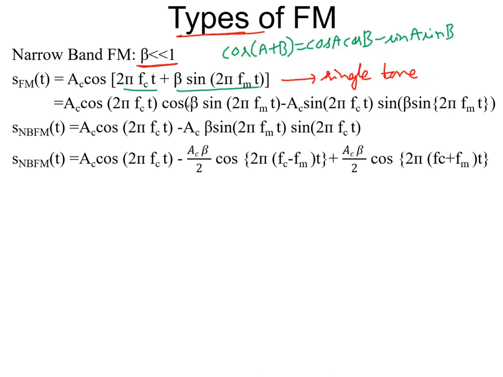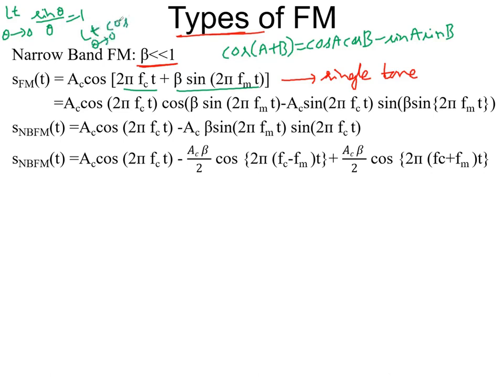Cos of 2 pi fct, cos of beta sin 2 pi fm t, then Ac minus Ac sin of 2 pi fct, sin of beta sin 2 pi fm t. And the other important parameters here are the limiting calculations. Limit theta tends to 0, we know sin theta by theta is 1. And the other important thing we have studied from our calculus is that limit theta tends to 0,